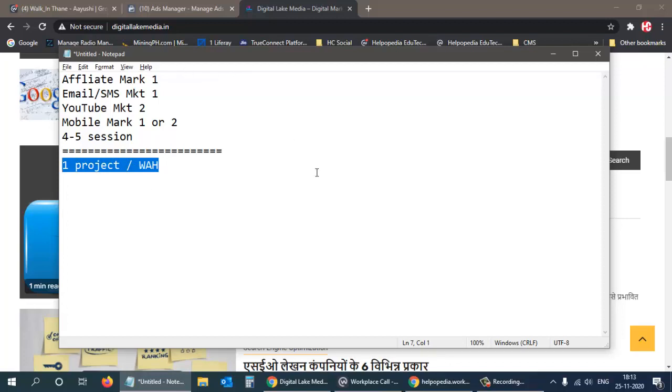Okay, so that is what we have. You can count approximately 4 to 5 sessions and then one session for the project. And if the last session is completed early, then in the remaining 1 hour or 45 minutes I can take a session. Even a basic brushing up of everything we can do in one session. That is also possible.